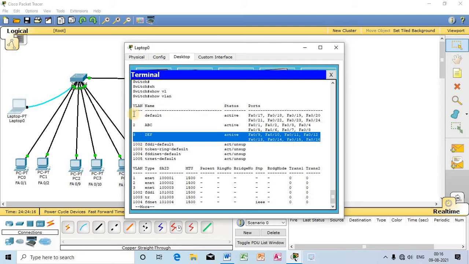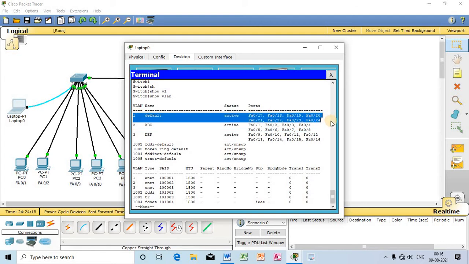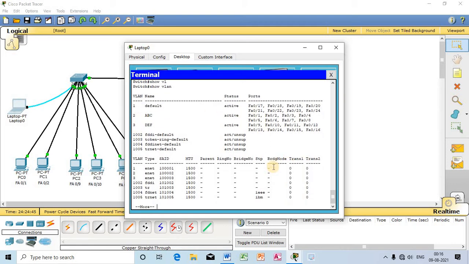And these ports we have not assigned under any newly created VLAN. That is why these ports stay under the default VLAN unmoved. So these 8 ports are unmoved and still those ports belong to the default VLAN. So okay, we have created 3 separate VLANs.